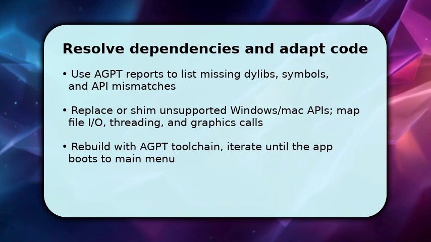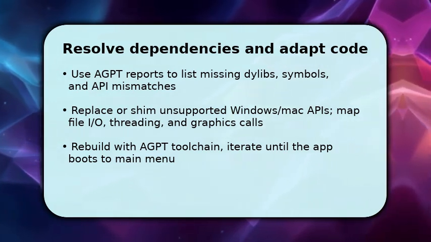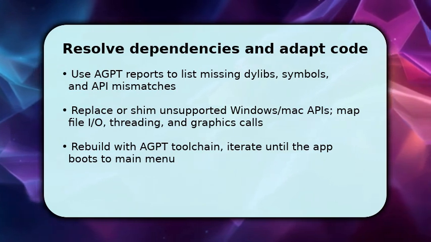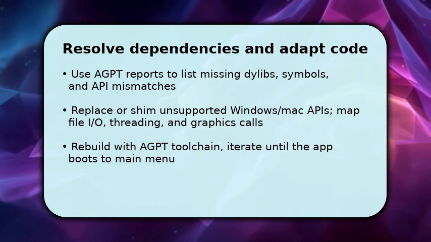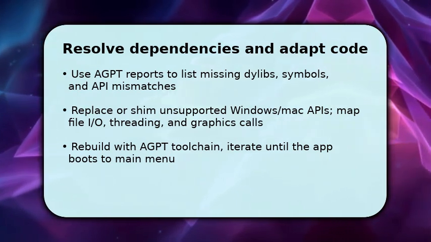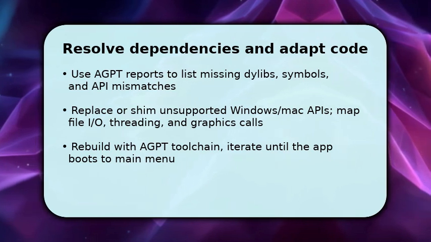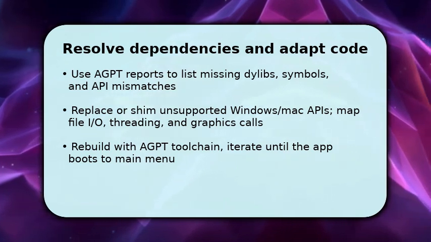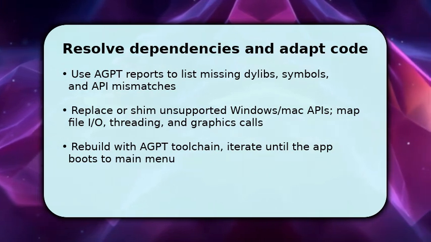Then adapt platform-specific code. Replace unsupported Windows APIs or add shims for file I/O, threading primitives, and input handling. For graphics, map DirectX calls to Metal via provided translation layers or implement engine-side fallbacks. Rebuild with the ACT toolchain and iterate quickly, because each run narrows down remaining issues until the game reaches its